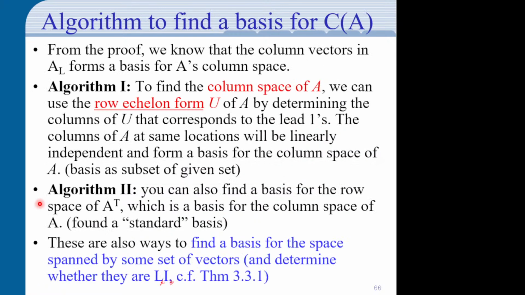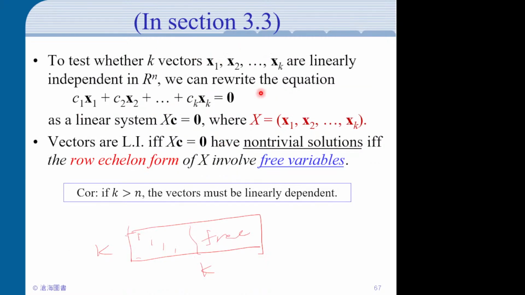Okay. So this is very similar to the process here, right? This is half of the steps of algorithm 1. So you list the vectors as column vectors of some matrix, and you do the reduced echelon form of this matrix, and so you get something, and you get some lead variables and some free variables. Okay, and you see that if you have a free variable, then the vectors are